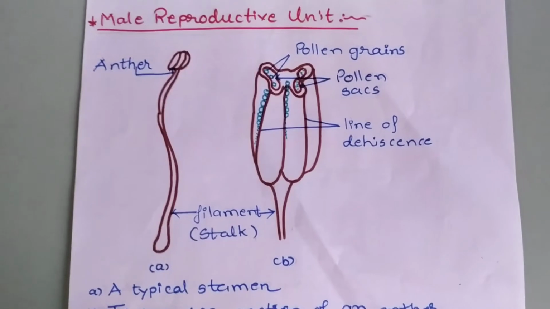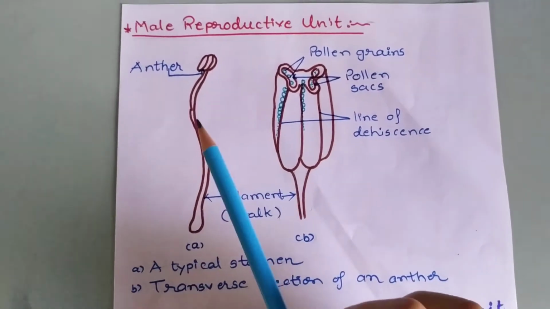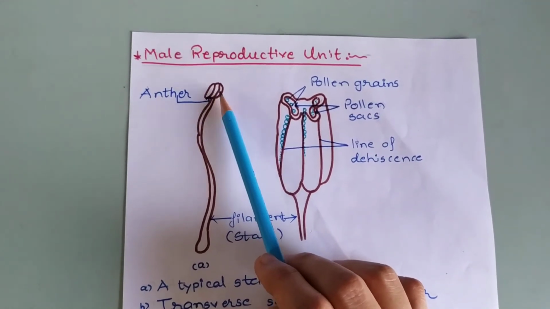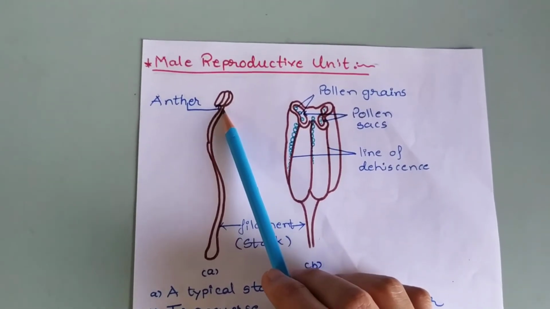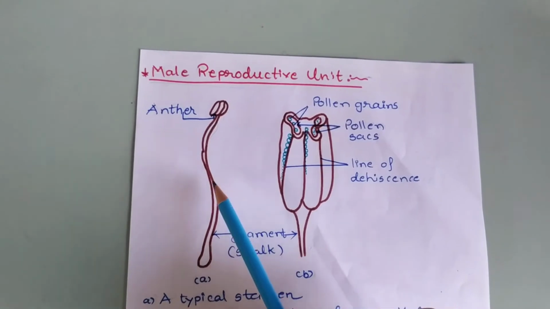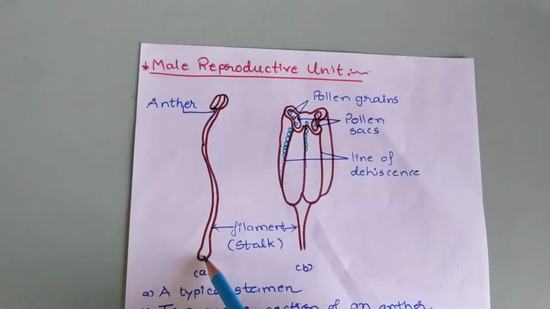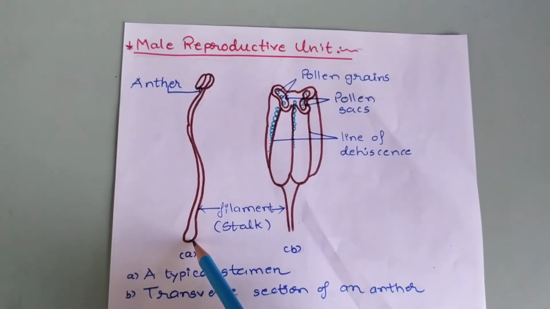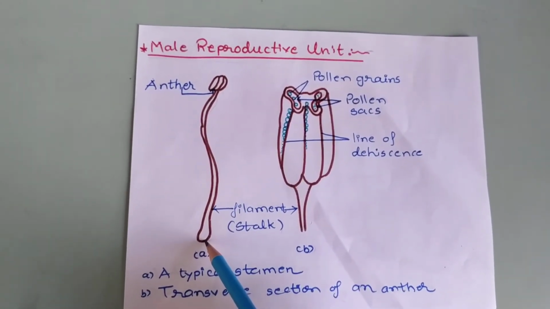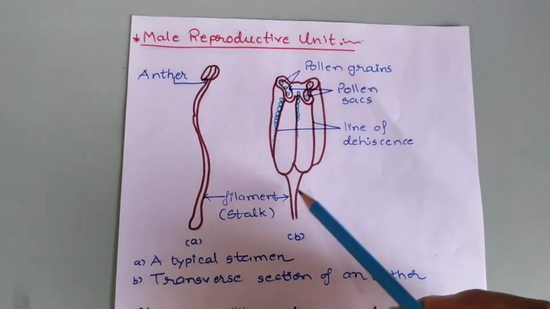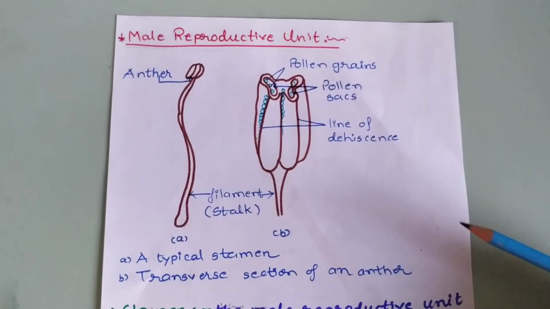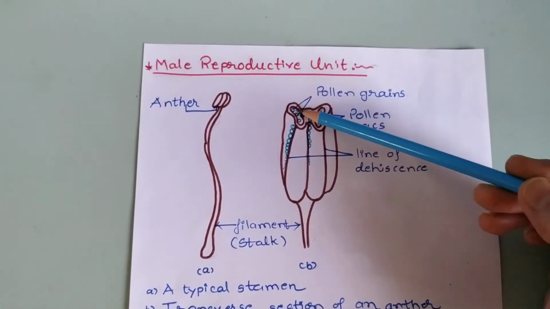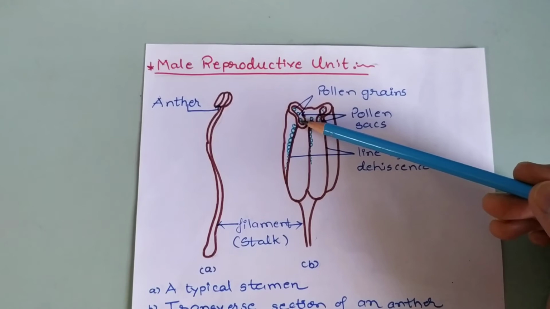In the figure you can clearly see these two bilobed parts is an anther, and it is attached with a very thin slender-like structure known as filament to the petals or maybe to the sepals too. And this is a transverse section of an anther in which you can see 4 lobes, 1, 2, 3 and 4.